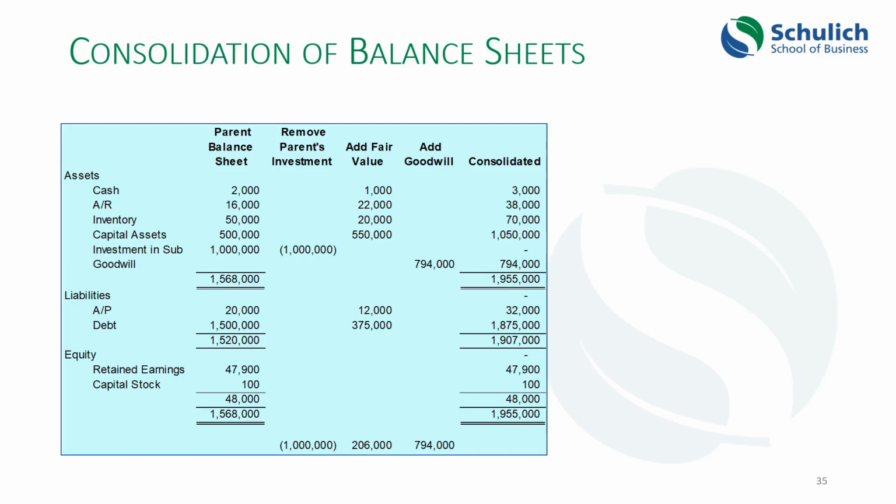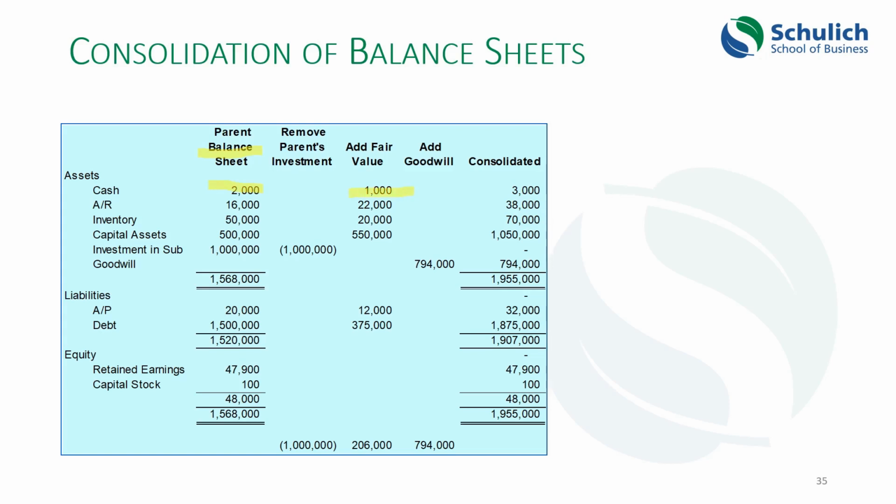Here's what a consolidation looks like at the balance sheet level. You've got the parent company's balance sheet, and you've got all of the assets and liabilities that it acquired off of the other company. So conceptually speaking, this is what happens. You've got the cash that appeared on the parent company's balance sheet, and you've got the fair value of the cash that was in the subsidiary.